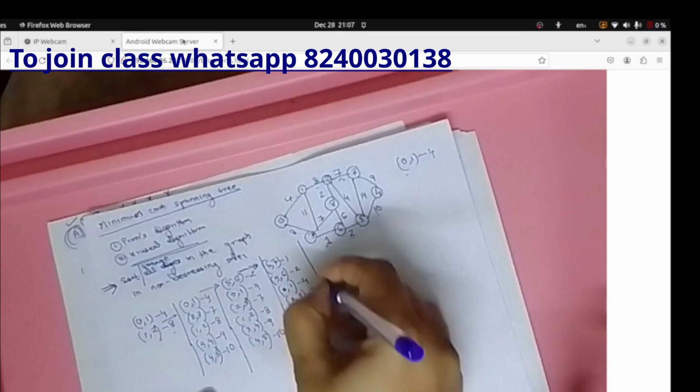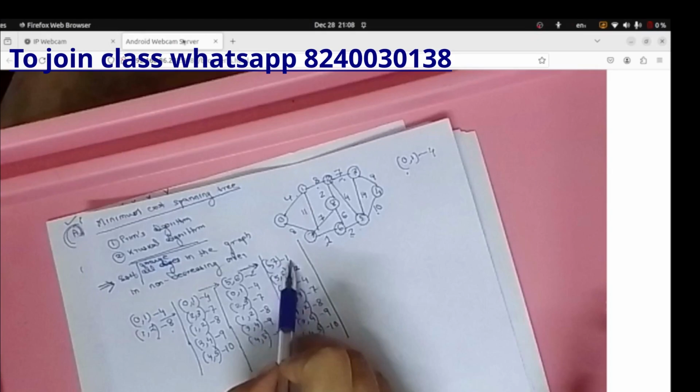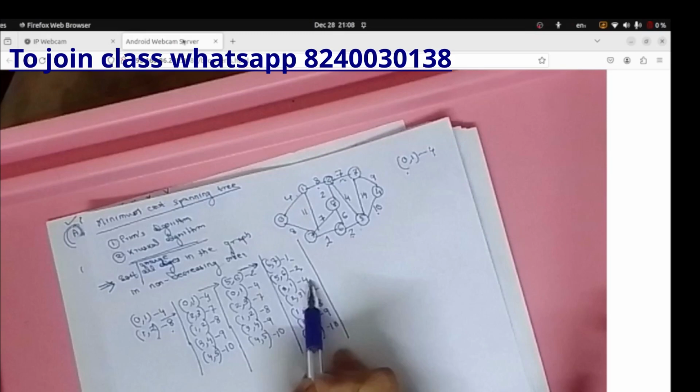Next edge we will consider connecting vertices 0 and 7, and the weight is 8. So 8 will be compared with the first item in the list. 1 is less, so we will go to the next item. 2 is less than 8. Then we will come to the next third item. 4 is less than 8. So next item 7 is less than 8. Next item, this edge 1, 2, which has weight equal to the